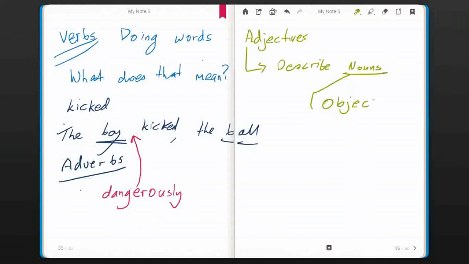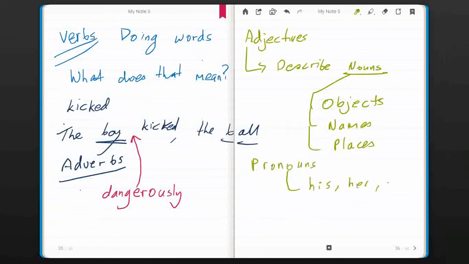They are also names, and usually we think of them also as places. Okay, there are actually a few different types of nouns as well. So there are pronouns, where instead of using people's names, we use words like his, her, he, its, they. Okay, because basically we could either say, for example,